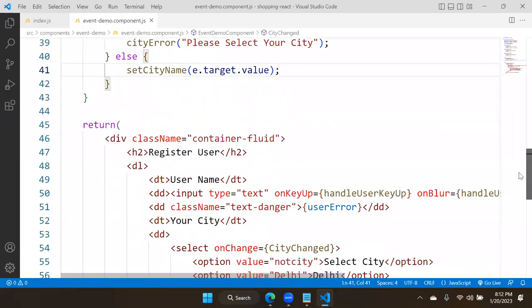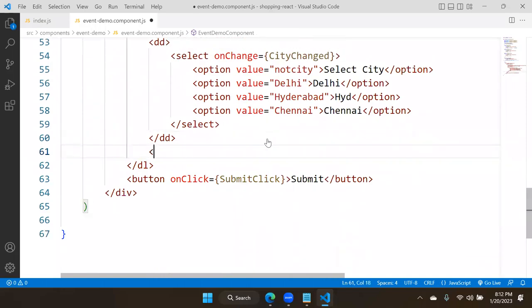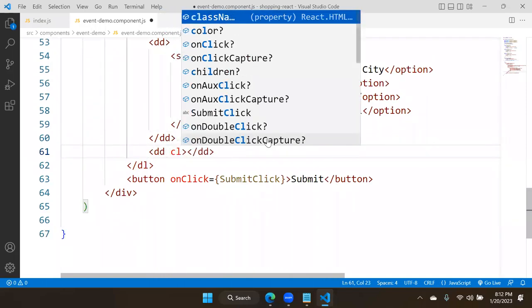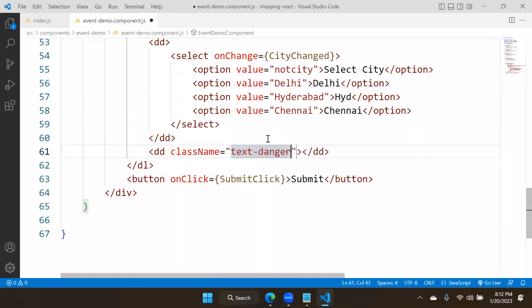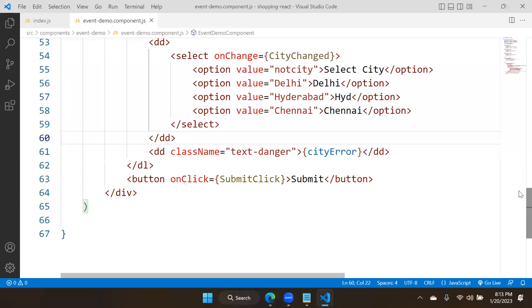Now observe carefully here. I am displaying that message here. What is that message? Class name, text-danger. And here we need to display city error. That means now you see here, I am selecting Delhi. That is okay. I am selecting Hyderabad. It's okay. Chennai, it is okay. I select the first one. It should show that message. What is the problem here? We haven't binded